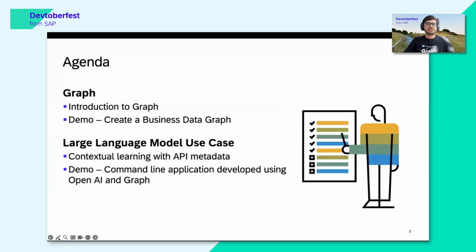So the first part is we will take a look at the introduction to Graph. So what is Graph and how to create a business data graph? There's a demo for that. Then we take a look at the large language model use case and how contextual learning with API metadata works. And then we take a look at the demo that is the command line application that I've developed using OpenAI